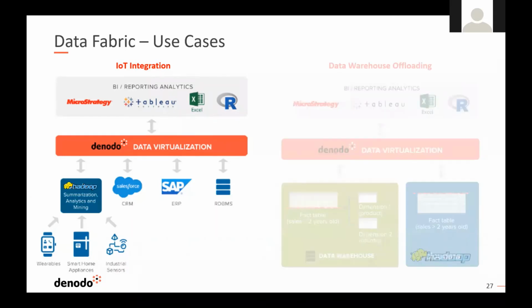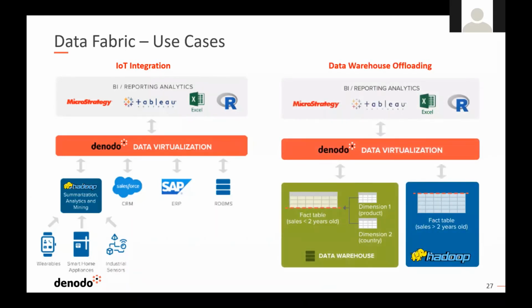Equally, another use case might be around offloading historical data, whether it's a data warehouse or an application, whereby we can offload the data from our historical data warehouse, in this case, and put it into a more cost-effective storage medium. It may be Hadoop, it may be an object store. From the reporting and users' point of view, this is all transparent because they're now interfacing or interacting with Denodo, and Denodo is then taking care of where the data should